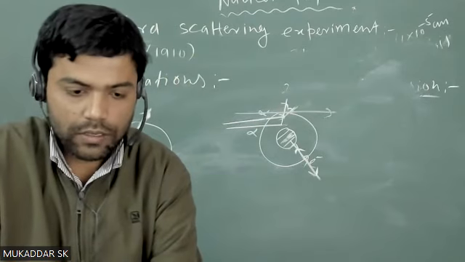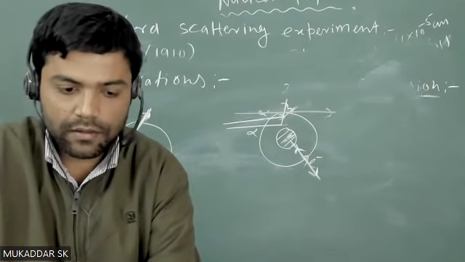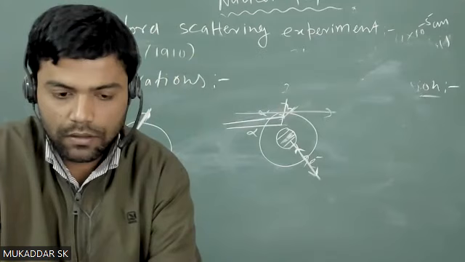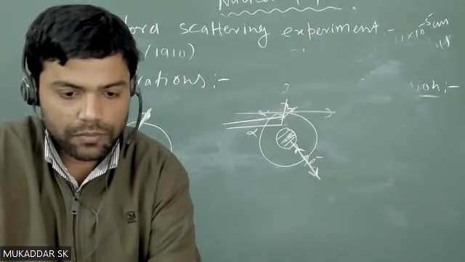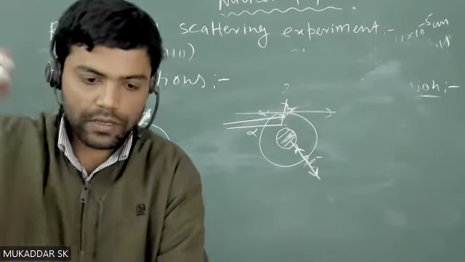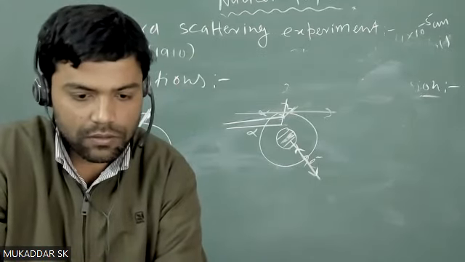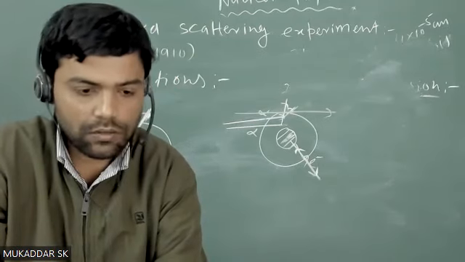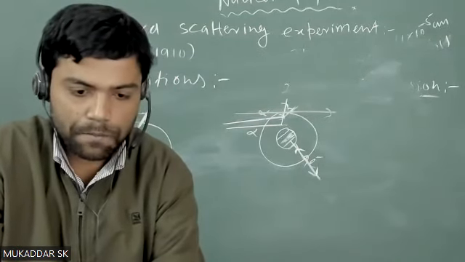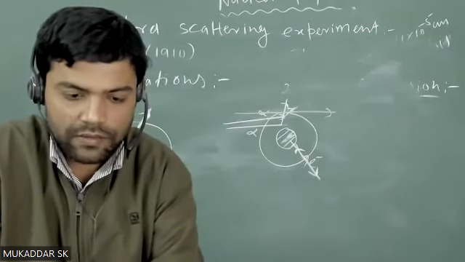So he said it is stable, but it is not true, because when a charged particle is revolving, it will emit radiation. As a result, it will continuously lose its energy and continuously change its orbit, and once it will collapse into the nucleus. So that was the drawback. Now you are saying that rather